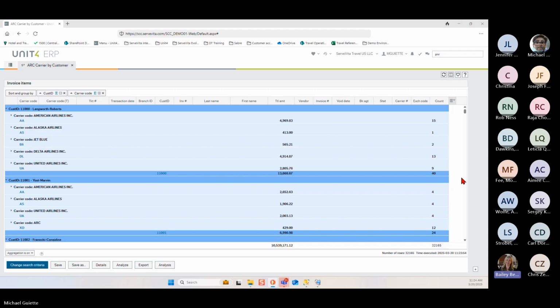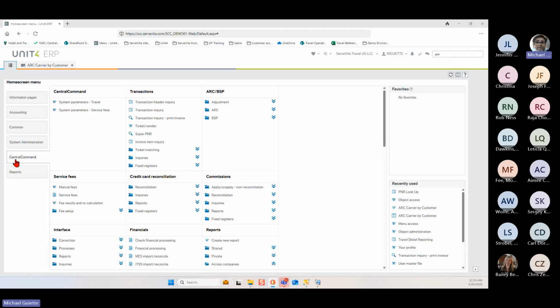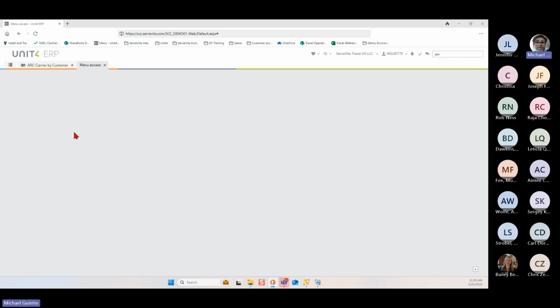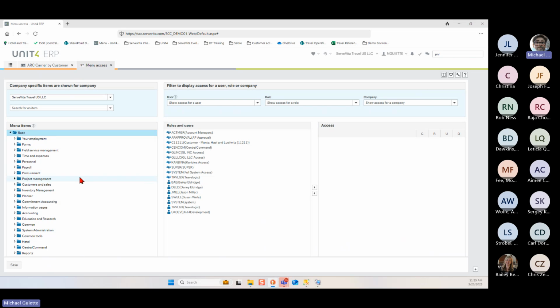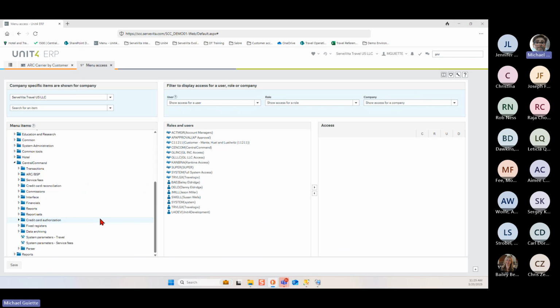Another question. Is there a way to protect specific public browsers used for production reporting from being changed by users who have access to browser creation? Yes, you can. So when you're giving access, in that role, let's go back over here and go into Central Command Administration. We're going into menu access. Okay. So under menu access, if I come down to Central Command and I go into reports